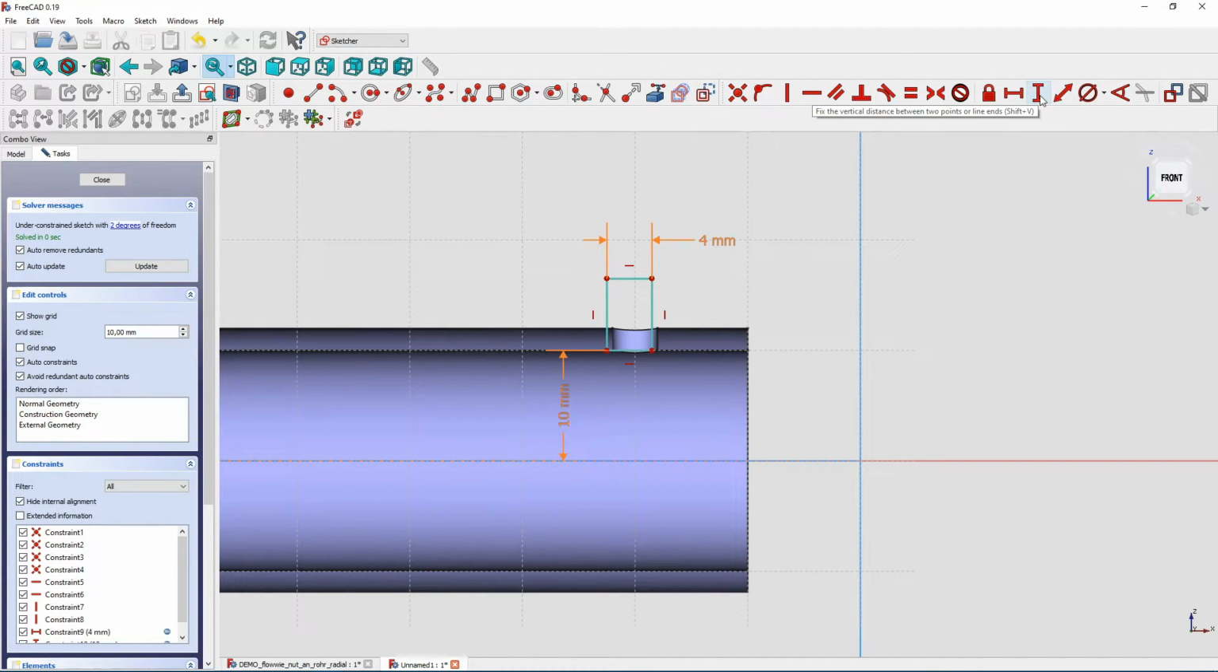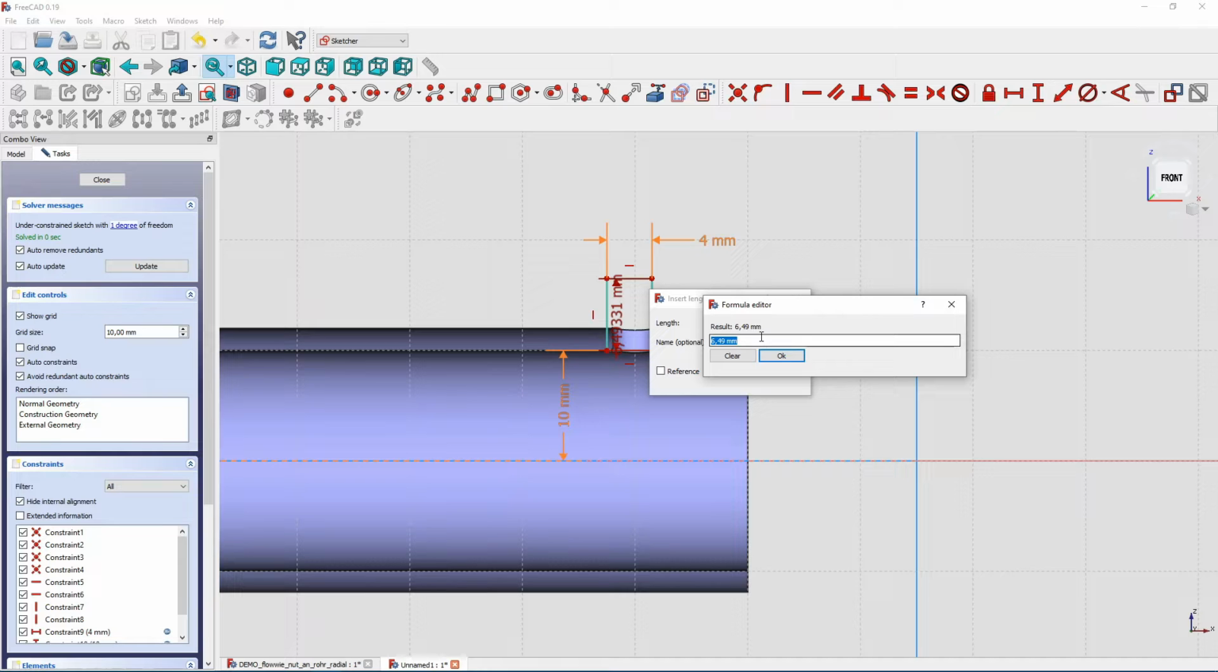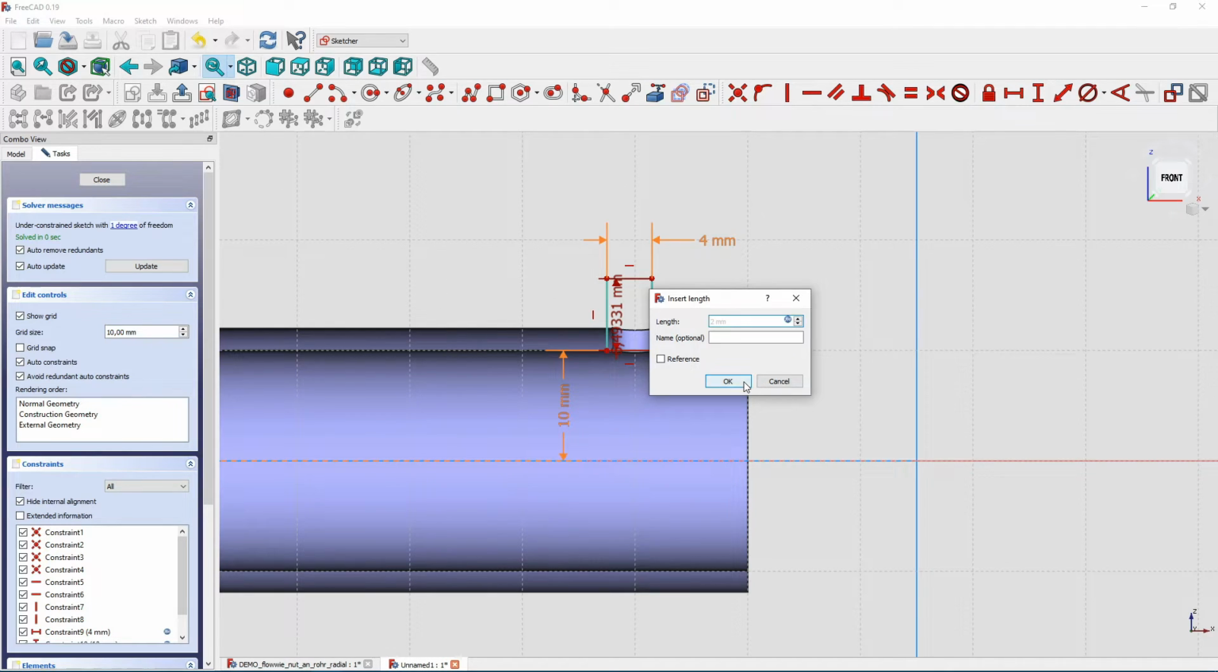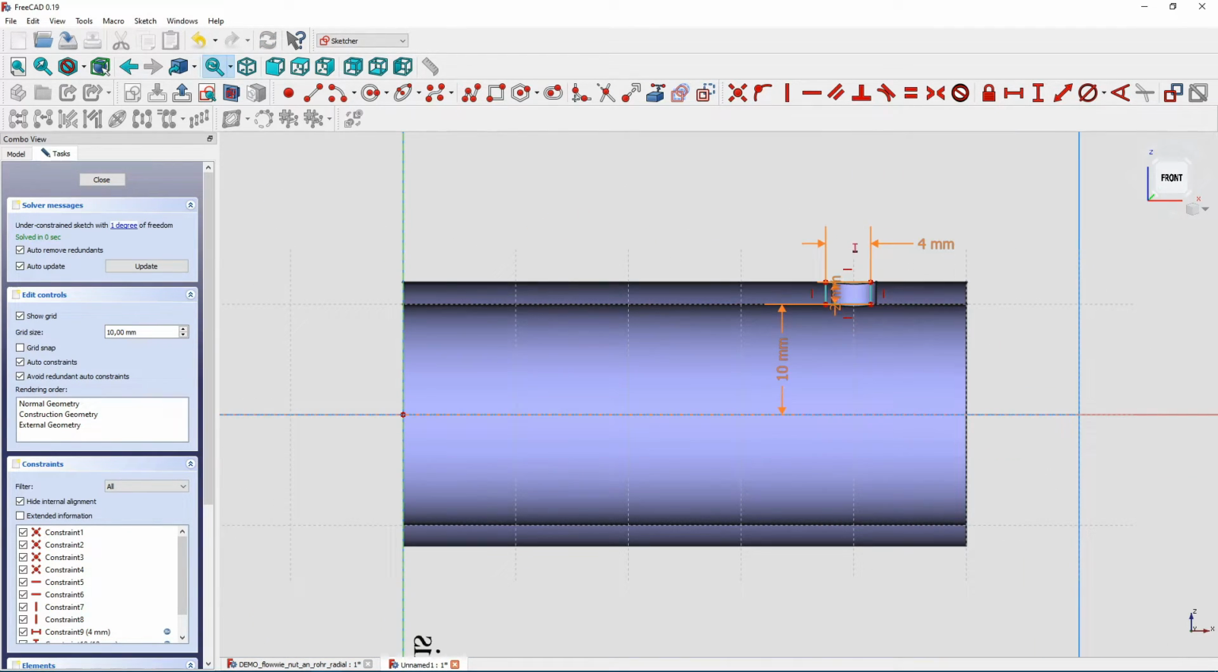So another vertical distance here that has also been defined. Press the equal sign on the keyboard or press this button here, gives the same result. This was also defined in sketch, and its name was, let me think, WT as far as I remember, wall thickness. Yeah, that's good. Okay, so the only thing that's not correctly defined yet is the horizontal distance